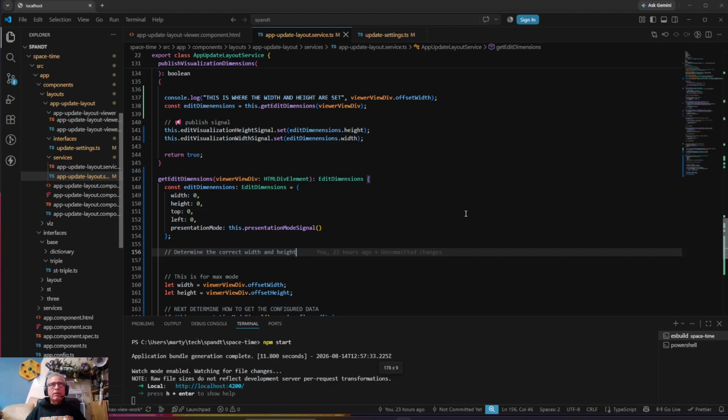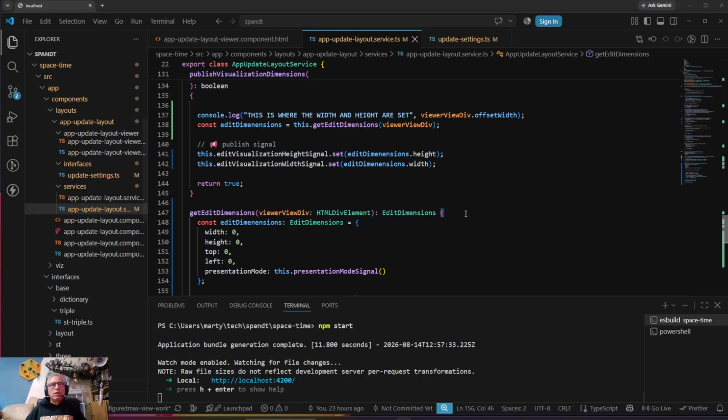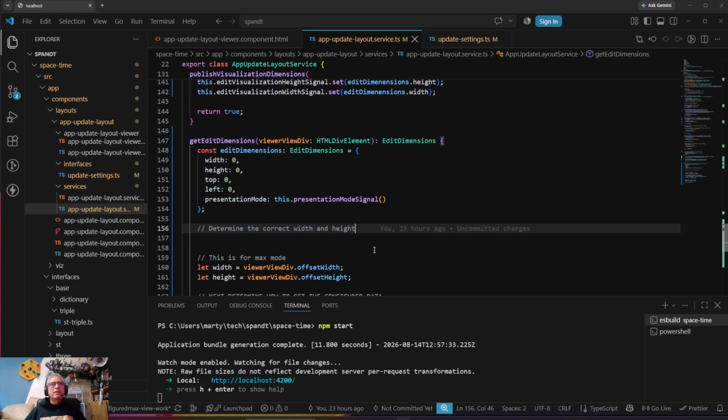My buddy Rhett here, trying to knock out a little bit of code, trying to figure out what this get edit dimensions does. So these are the dimensions that you get to view while you're in edit mode, which I have a bit of a violation here where I sort of bounce back and forth between the word update and edit. And I was like, oh, edit's starting to win, but actually update has the win in the bag because that's the name of the component. I don't see myself changing the whole name of the component. So maybe this should be get update dimensions. I don't know. For now, I guess I'll just carry both, even though that is a significant increase